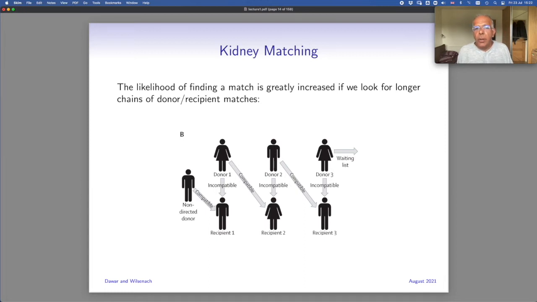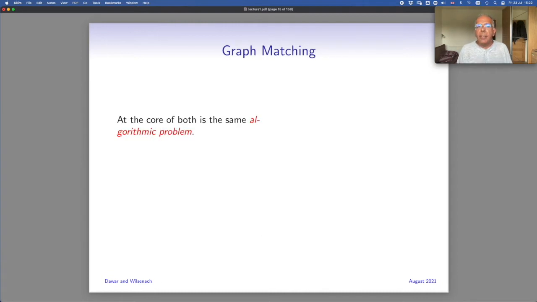So once again here, you have two different sets, the set of donors and the set of recipients, and you're trying to match them up, just like in the taxi waiting example. So the way we say this is, at the core of both is a common algorithmic problem. Forget about taxis and passengers and kidneys and so on. What you have is two sets and a compatibility relationship across them. And this is what we call a bipartite graph, right? So, bipartite graph,